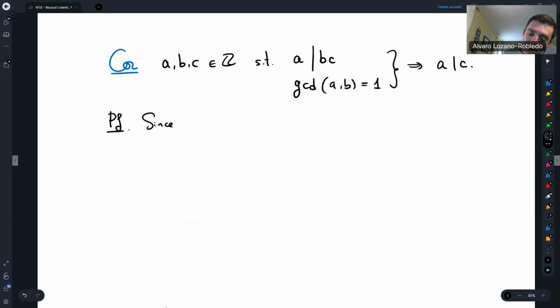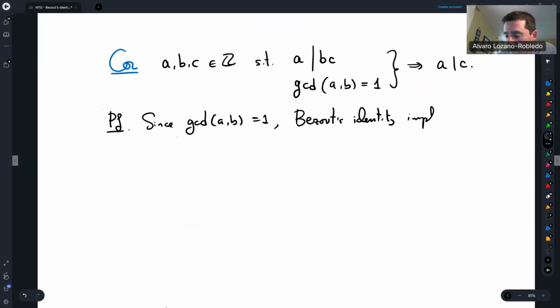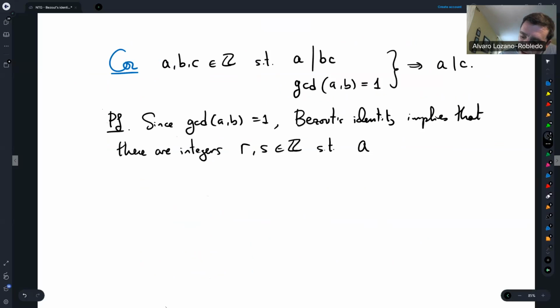So since the GCD of A and B equals 1, Bezout's identity implies that there are integers R and S such that A times R plus B times S equals the GCD, in this case 1. Okay, that doesn't have anything to do with C, so I'm going to